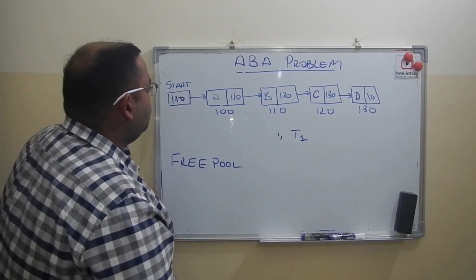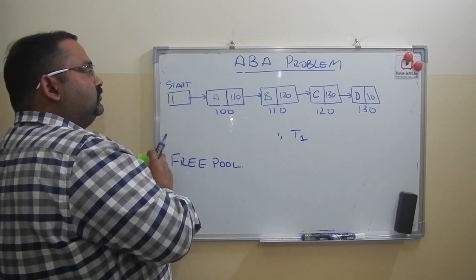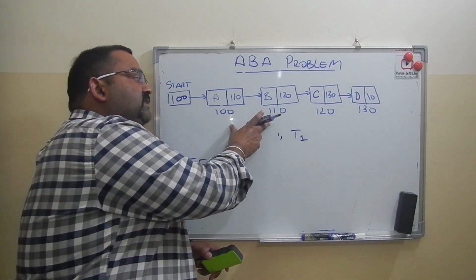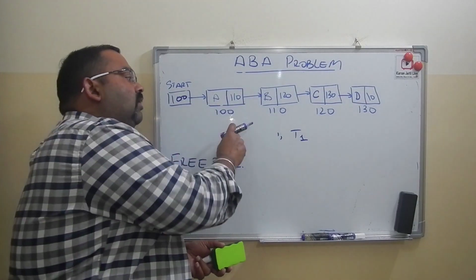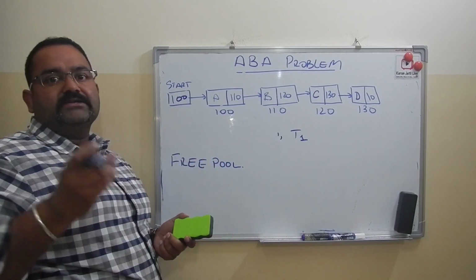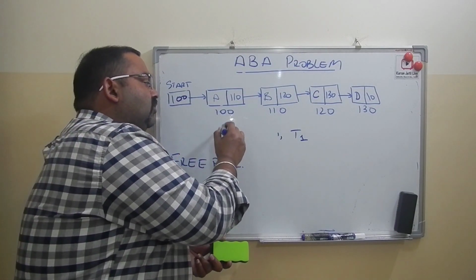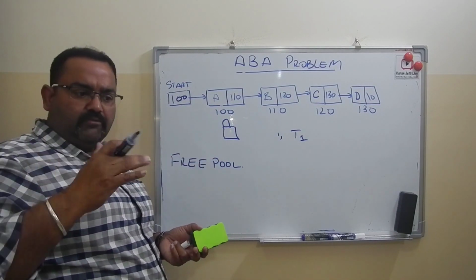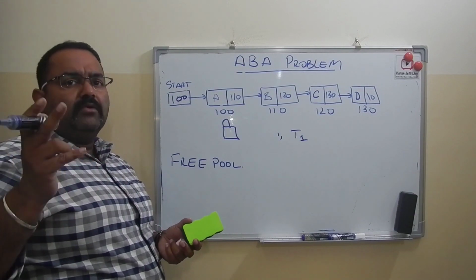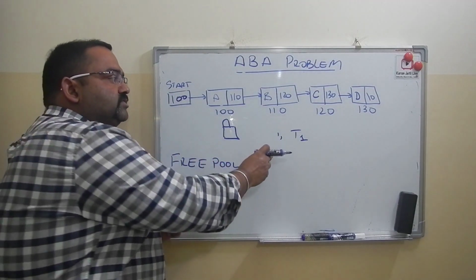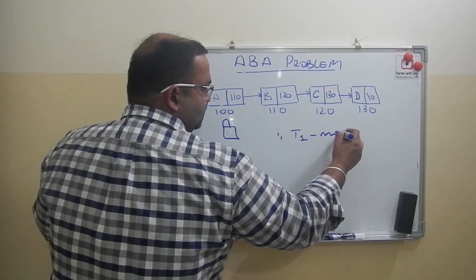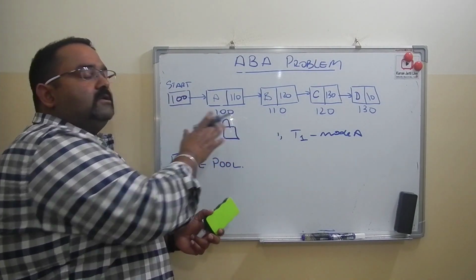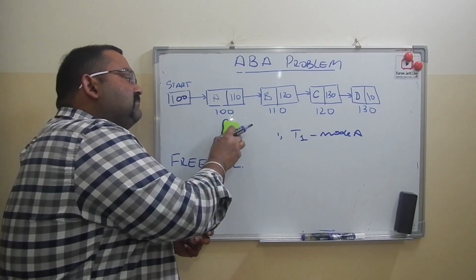But before that, to remove node A, T1 needs to acquire the lock on node A. All of you know, in concurrency, we always need to acquire the lock on the nodes before we can delete them or before we can modify the list. So T1 wants to delete node A, and before it acquires the lock on node A, some other thread,